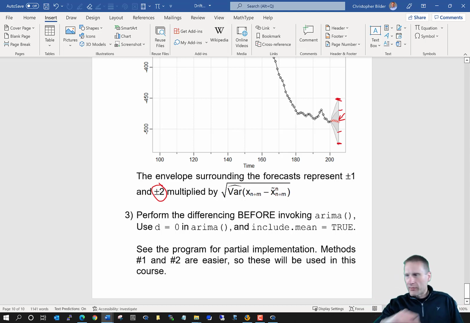And lastly, the last method that one could use is, as I mentioned before, to use the ARIMA function with the differencing already done. Specify d equals 0 in it because you've already done the differencing before, and also have include.mean equal TRUE as an argument inside of ARIMA. You can see my corresponding program for its actual implementation. But do note, I think methods 1 and 2 are a little bit easier, and a main reason behind that